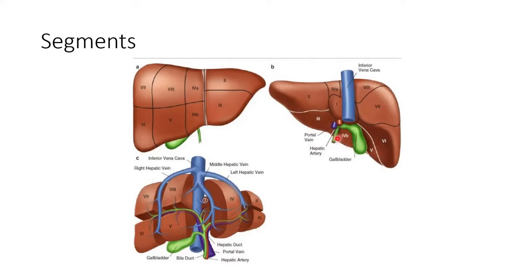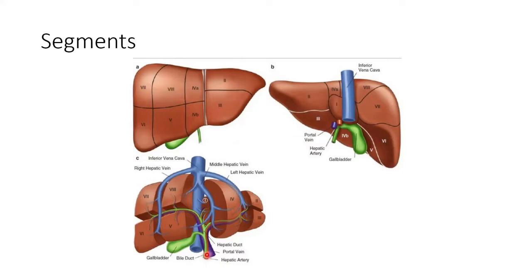The fourth lobe, the quadrate lobe, is called 4B, and it extends upwards like this, but generally you can take it as extending in an anti-clockwise direction. So this is how you see it on the anterior aspect. The first lobe you can't see, but the other ones you can see from the anterior aspect as well.